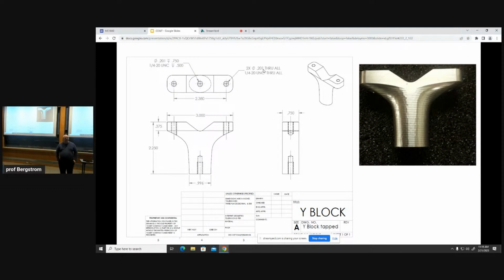5 thousandths. In machinist speak, if we say plus or minus 5, we mean 5 thousandths. If we say 5 tenths, we mean 5 ten thousandths of an inch, 5 tenths of a thousandth. Yeah. Is there an error specified